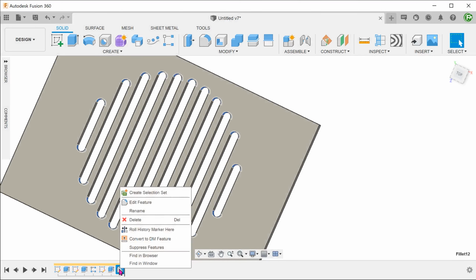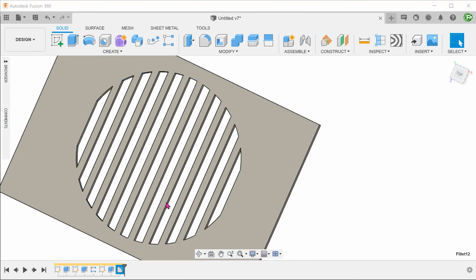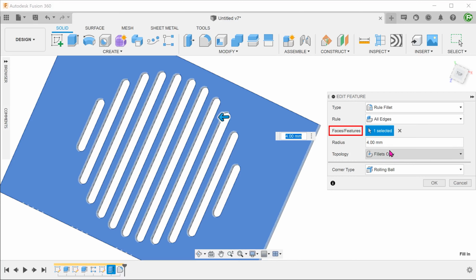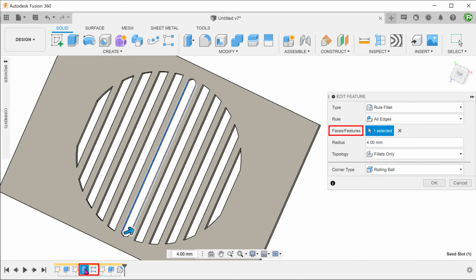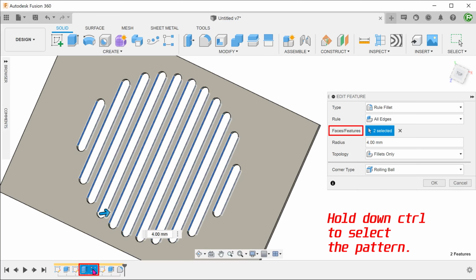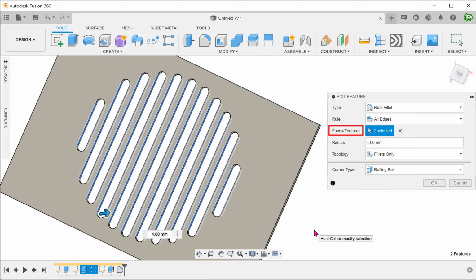Let's go back into the fillet command and remove the current selection. We can also choose the seed extrude cut and the pattern. This gives us the same result. Let's remove the selection